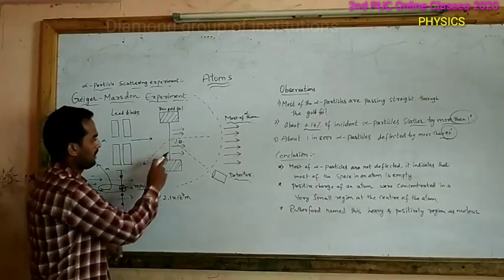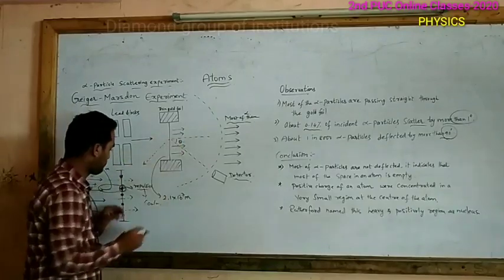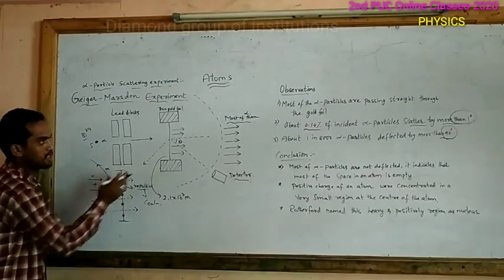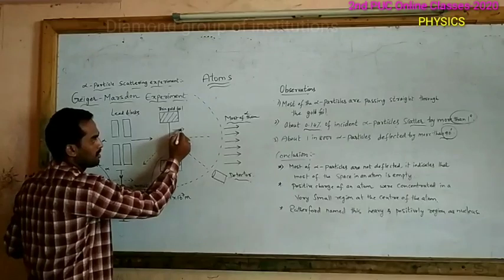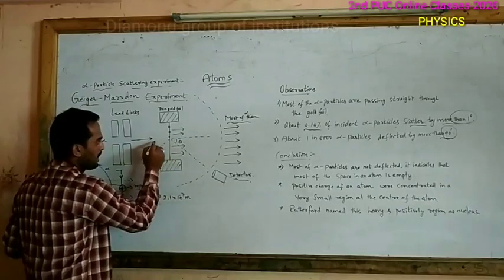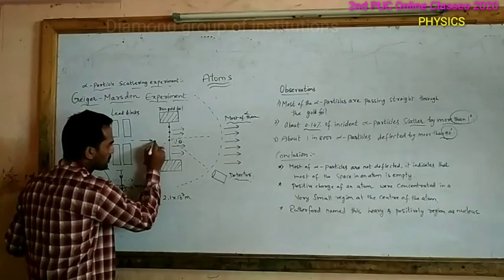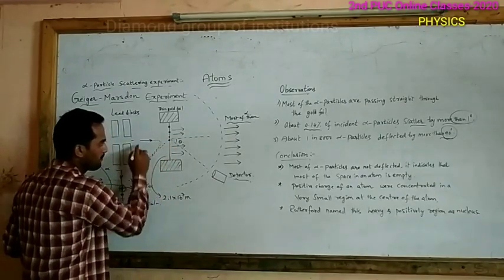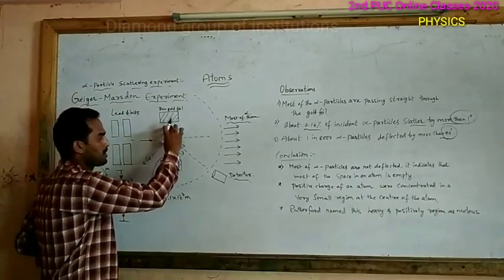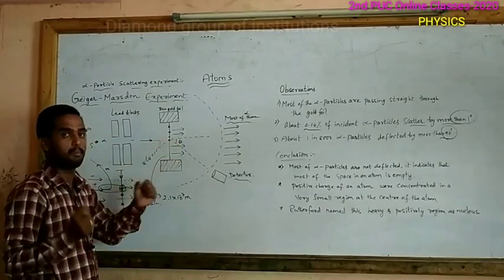That's why you can see here a particle going in a different direction, but there is a gap between different particles also. That's why some of the alpha particles move straight. See here, this alpha particle went straight, that means there is a gap here, and here also. But if this particle comes like this, there is some repulsion force, so it goes in a different direction. So based on this experiment, we come to know that some positive charge is also present in an atom, and that positive charge is massive.